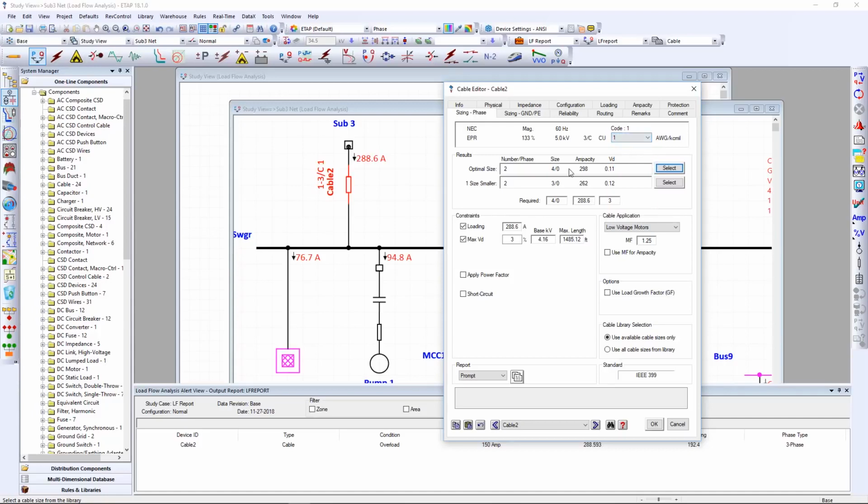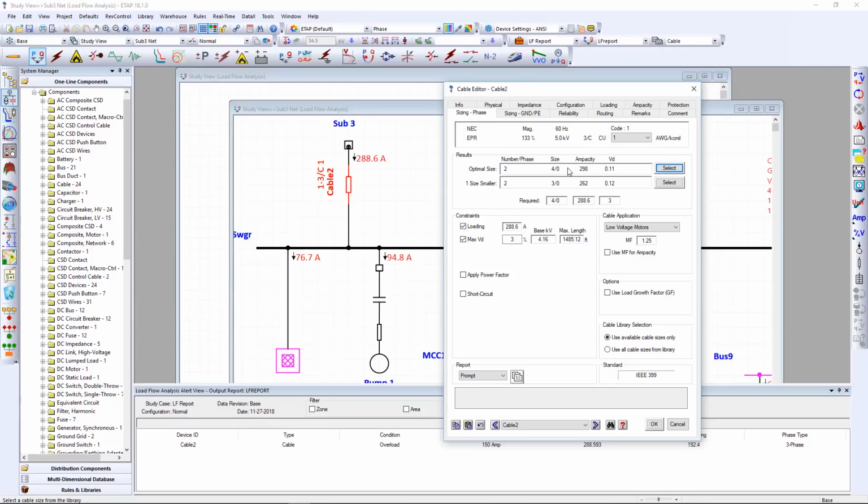And that's the reason why we had an overload condition, because this cable does not support the 288.6 amp of loading. So what ETAP is suggesting, based on the loading and the maximum voltage drop constraint, is